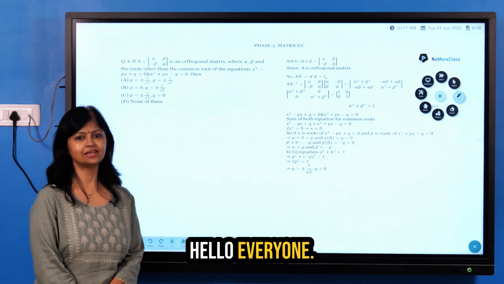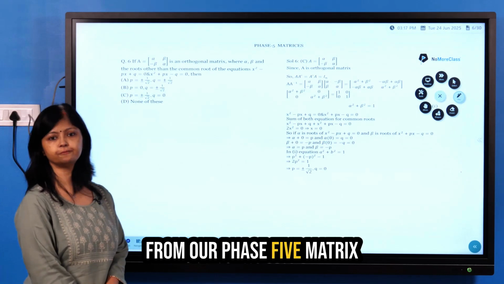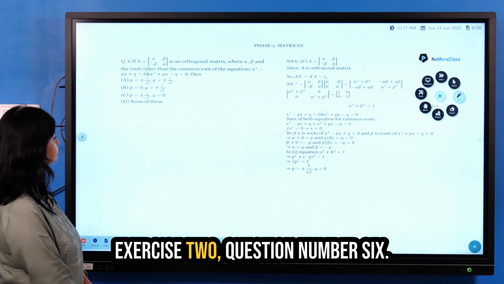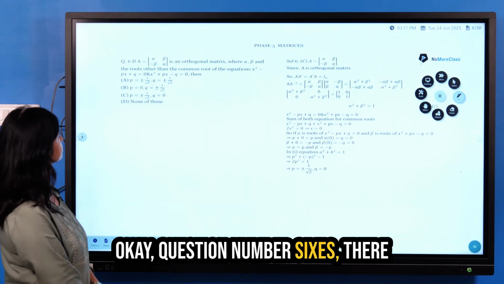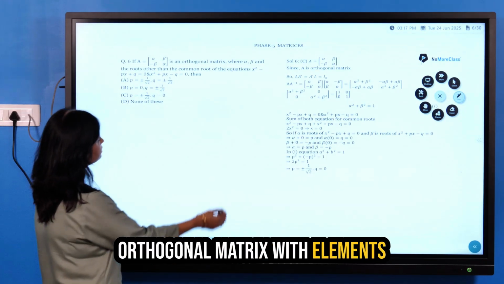Hello everyone. So we are looking at questions from our phase 5 matrix chapter, exercise 2. These are questions from exercise 2, question number 6. Okay, question number 6 is: there is a matrix A given which is an orthogonal matrix with elements in terms